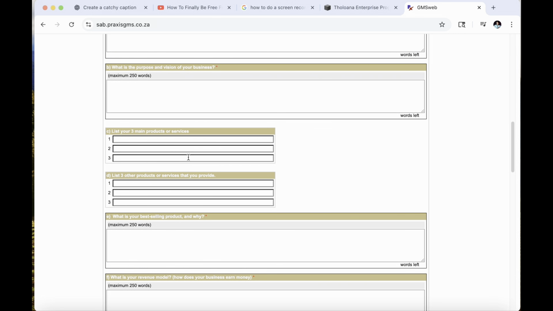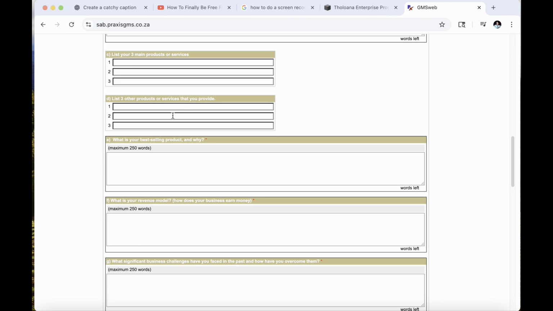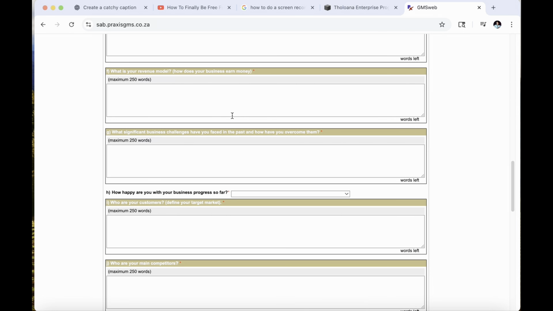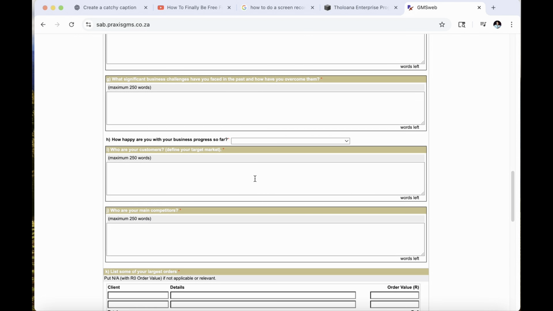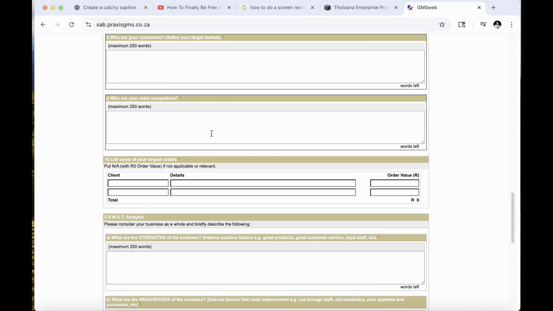250 words. Main products and services. Additional products and services that you offer in the business, and the products that you're selling and why, the revenue model of the business, how do you actually make money, and challenges the business has faced in the past and how you've overcome them, your customers, your target customers. Make sure everything is around 250 words. Main competitors,